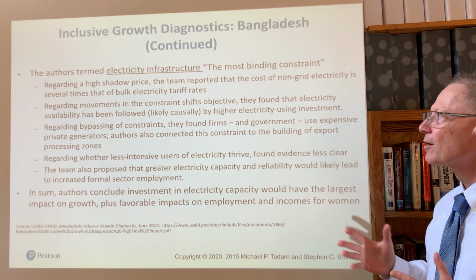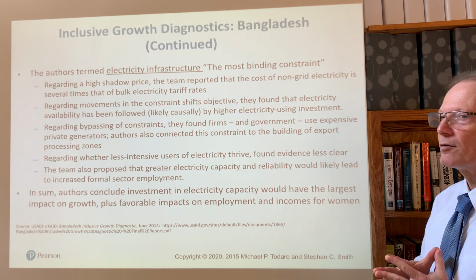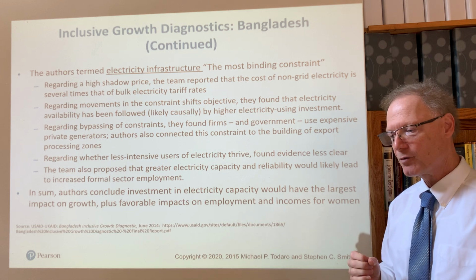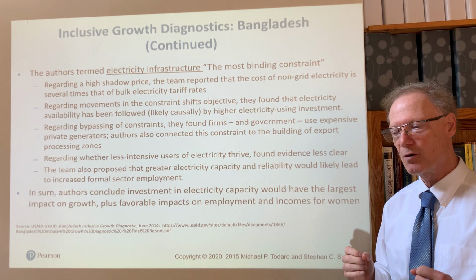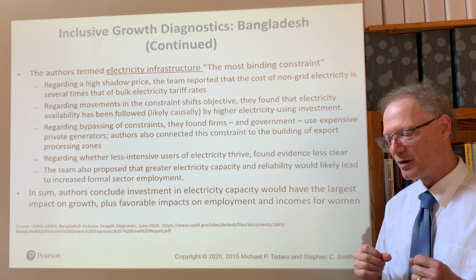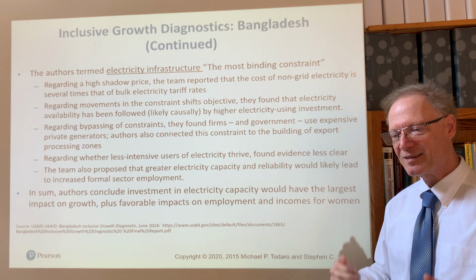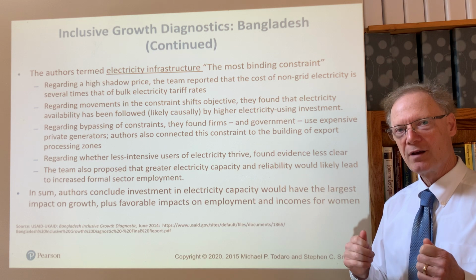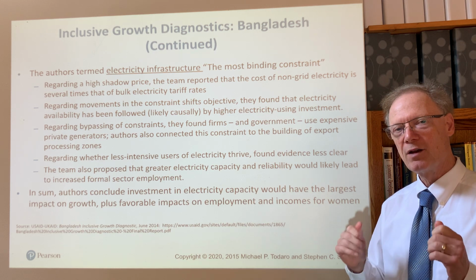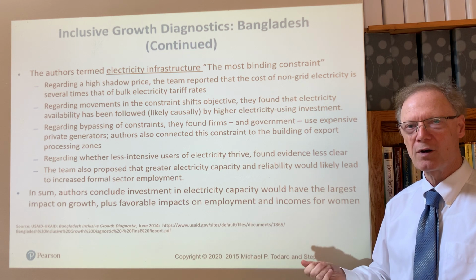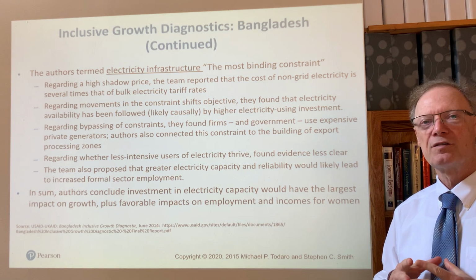So this is how growth diagnostics was done in one interesting case. Interesting in part because they're trying to work out also how can you go beyond thinking of this as a problem of raising general growth and investment to at least starting to think about how you can take into account investments and constraints on investments that could lead to more inclusive outcomes. So we'll leave it here.